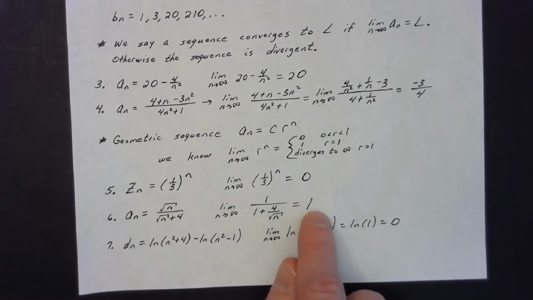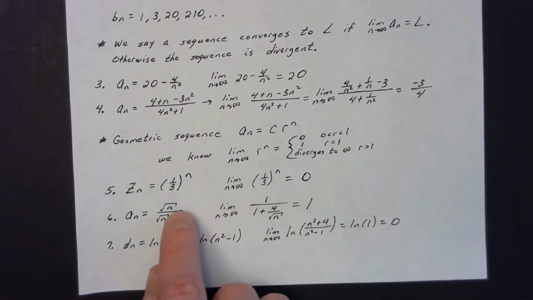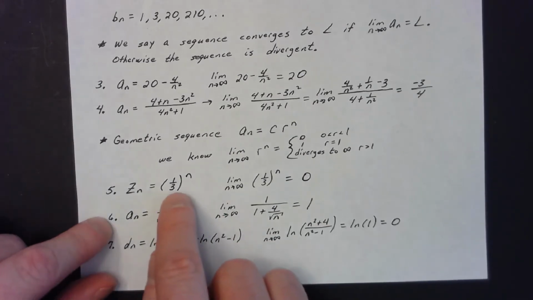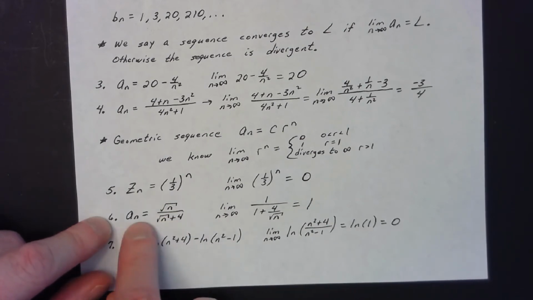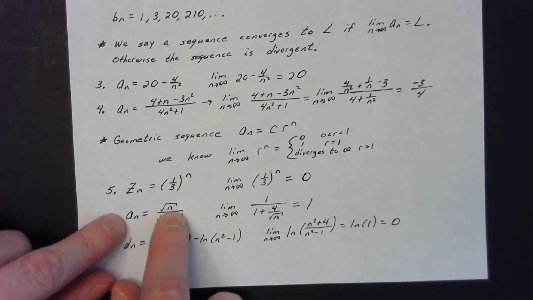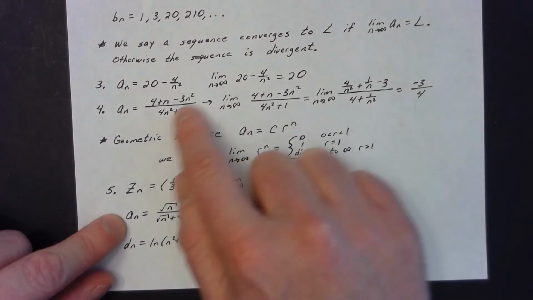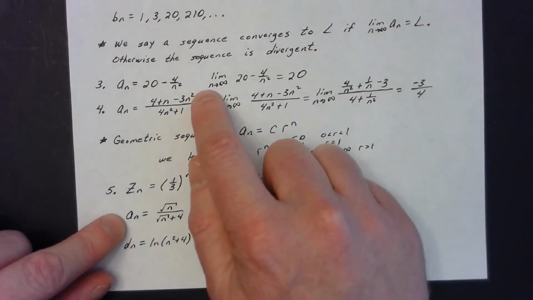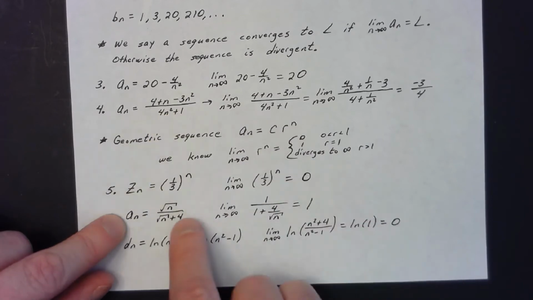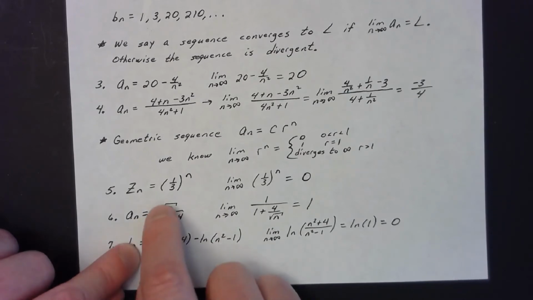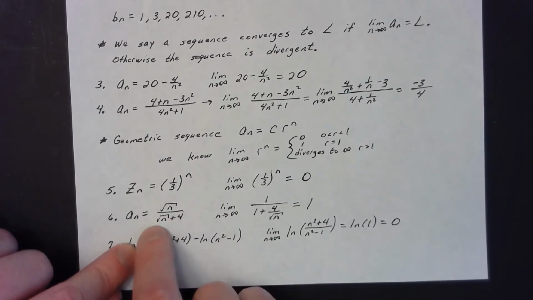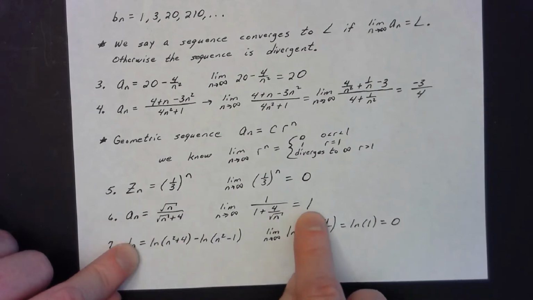The next one will also be convergent because I'm getting an answer here. But the reason I'm getting an answer, this is not a geometric series, clearly. I don't have a constant base to a variable exponent. This time I have variables inside roots. So whenever I'm trying to think of how best to solve this, I would ask you to think of it just like we did this one right here, where you say, ooh, the degree of the numerator and denominator is the same, so you take the fraction of the leading coefficients. You could do the same here and say degree of the numerator is 1/2, degree of the denominator is 1/2. What are the leading coefficients in front of each of those? Clearly a 1. The sequence is going to go off towards 1.